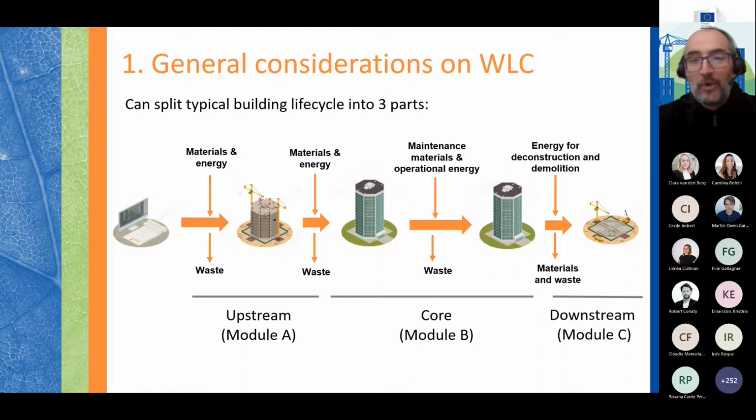And then at some point you get to the end of life of the building and you decide to deconstruct it or demolish it. Again, you're producing materials and waste from there, and you have to do something with those materials and waste. Basically this is the downstream part of the building's life cycle, and it's known as module C. So if we go to the next slide,